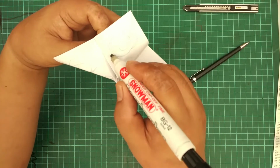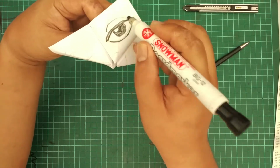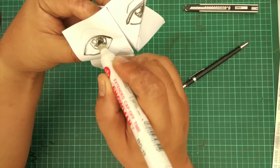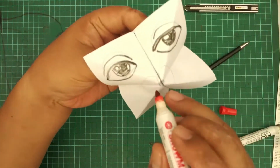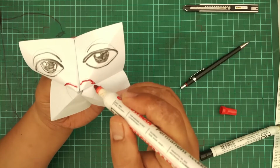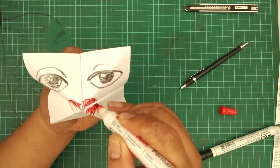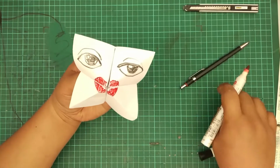And then we're going to use a marker to create the outlines, and then we're going to color the whole accessories. So we have the draft here, and I'm just going to create the teeth for the character, and then we're done with the